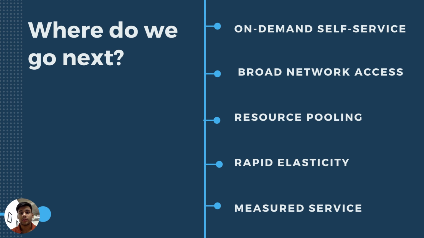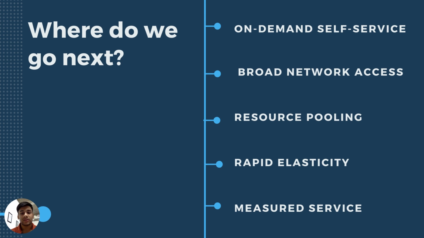And the next one is resource pooling. In resource pooling, the provider's computing resources are pooled to serve multiple consumers using a multi-tenant model, with different physical and virtual resources dynamically assigned and reassigned according to consumer demand. Now let's talk about what is rapid elasticity. Rapid elasticity is a cloud computing term for scalable provisioning, or the ability to provide scalable services. Experts point to this kind of scalable model as one of five fundamental aspects of cloud computing.